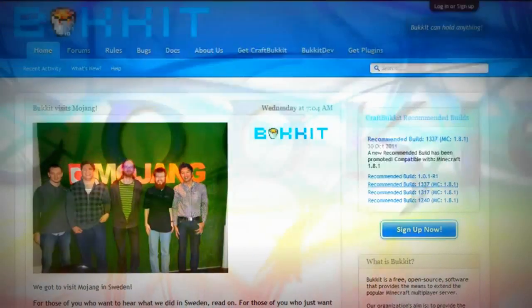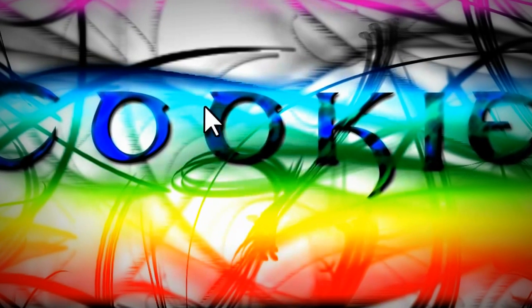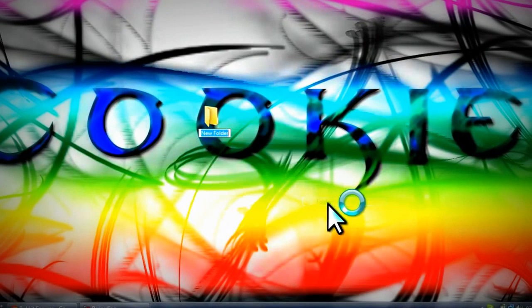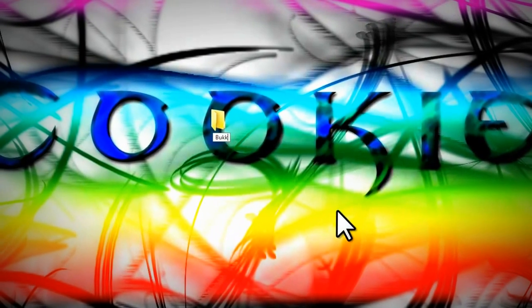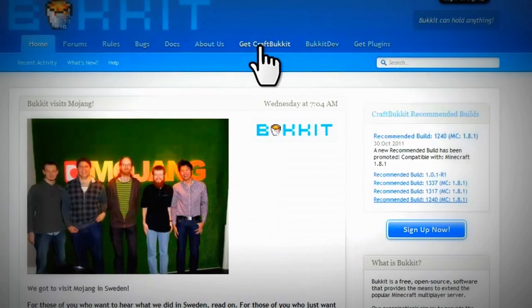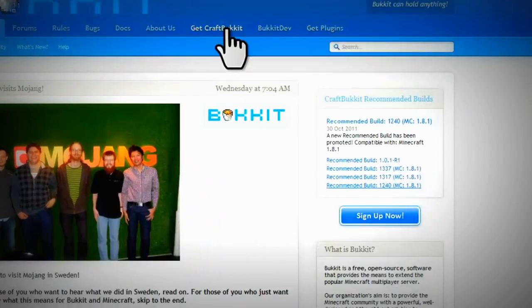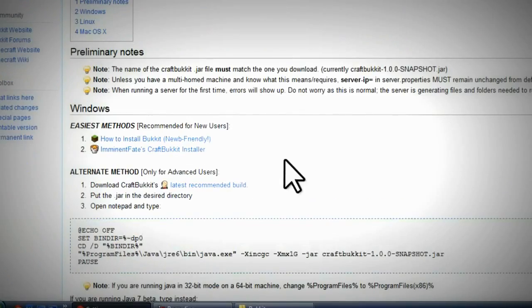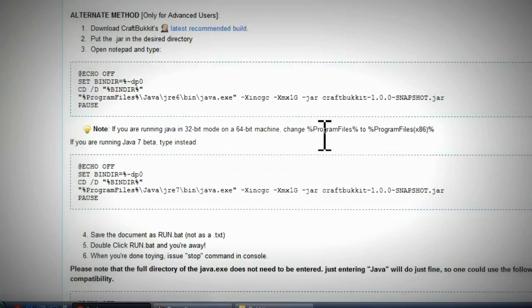So I'm going to be showing you how to create a Bukkit server. It's pretty simple. All you need to do is create a new folder, call it Bukkit or whatever you want to call it, and then you need to go to the bukkit.org site, get CraftBukkit, get the latest recommended build, and